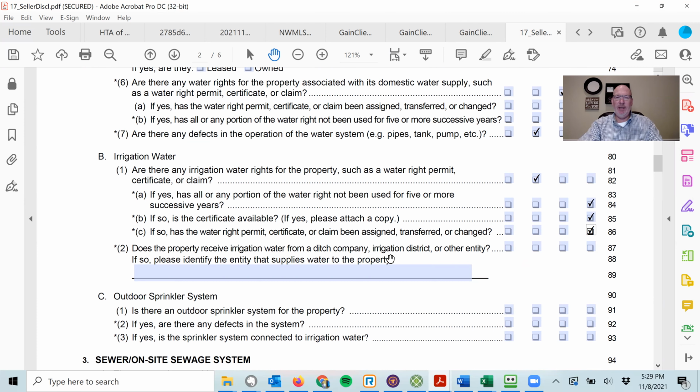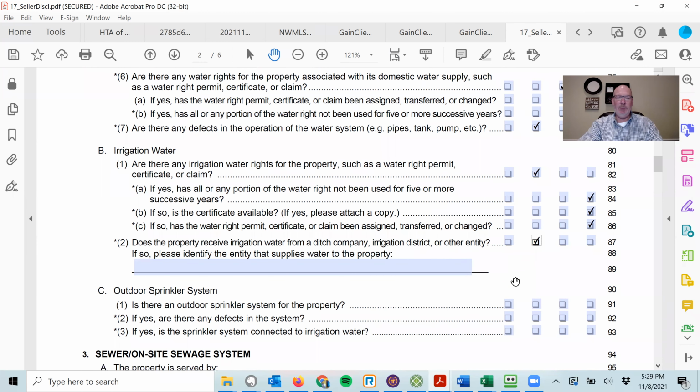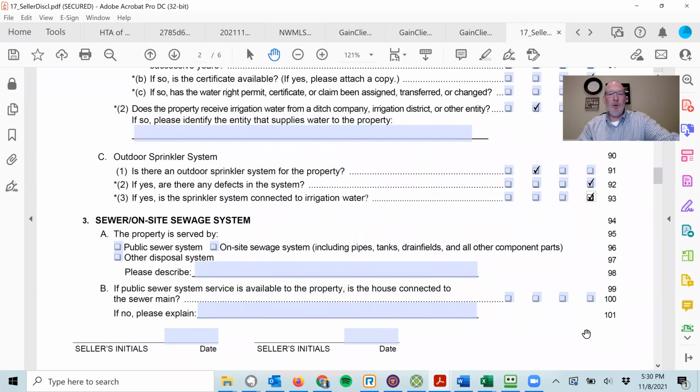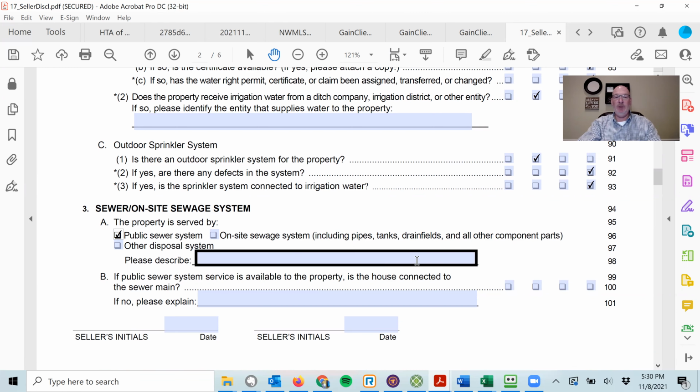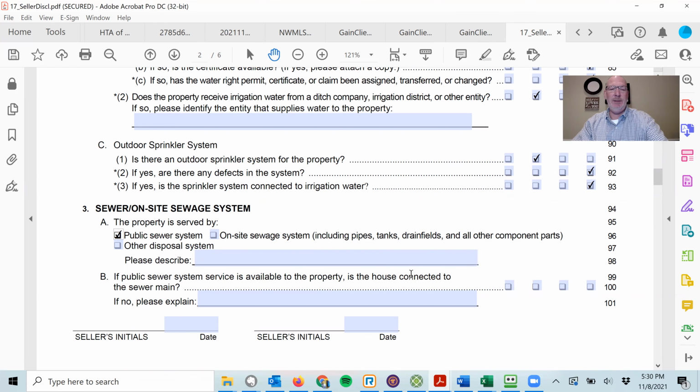Does a property receive irrigation water from a ditch or company? No. Do you have a sprinkler system? No. If yes, then NA, right? Sewer and on-site sewage. On-site sewage is septic. So if you're on a property that's connected to the sewer, great. Then you don't have a septic system. There's a number of questions relating to the septic system that you're going to be able to say not applicable,